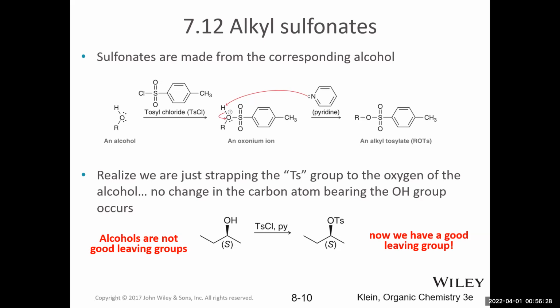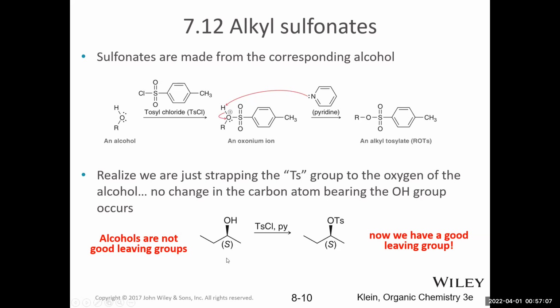Recall that we need a good leaving group because the leaving group needs to leave in the rate determining step of an SN2 reaction. So poor leaving groups won't do. This is one way to convert an alcohol to a good leaving group, and it's perfect for getting ready for an SN2 reaction. Now, this good leaving group can be treated with any strong nucleophile, and it will do an SN2 reaction on this carbon and invert the carbon. So the nucleophile would end up on a dash.